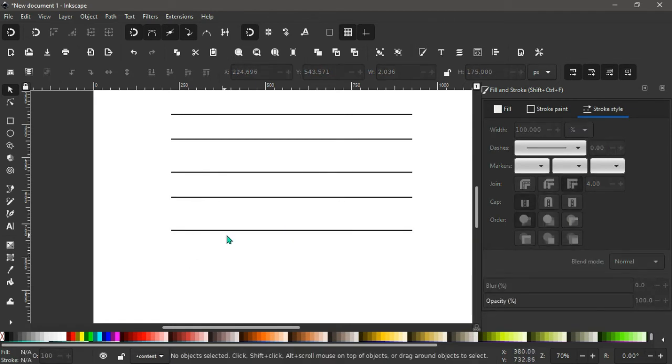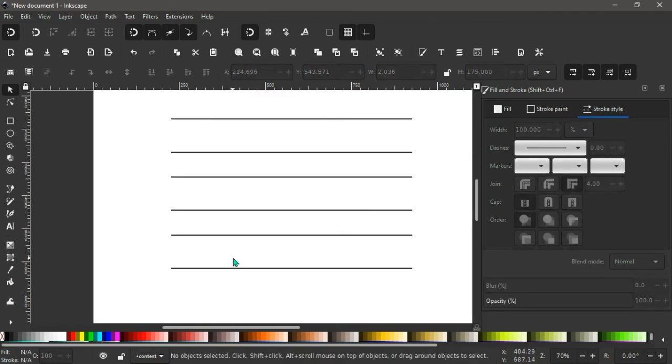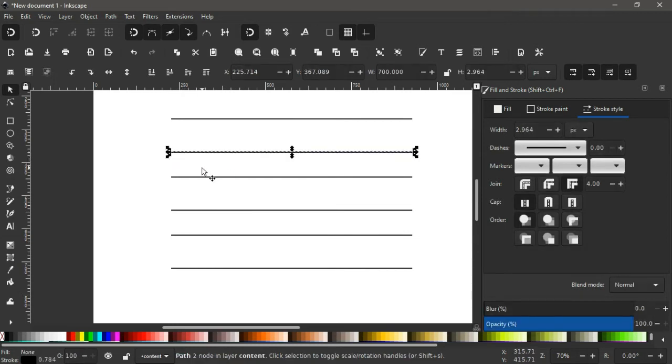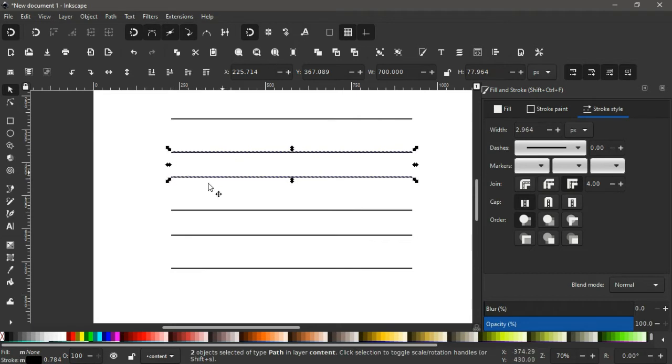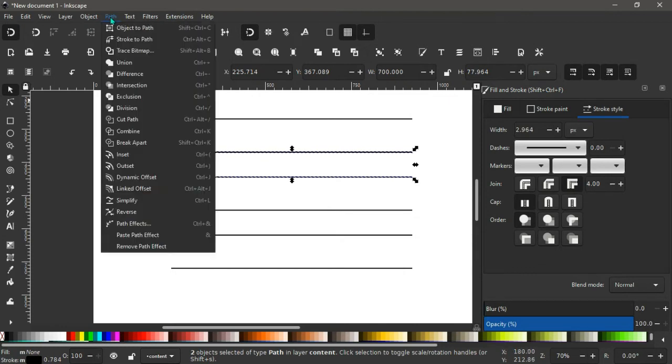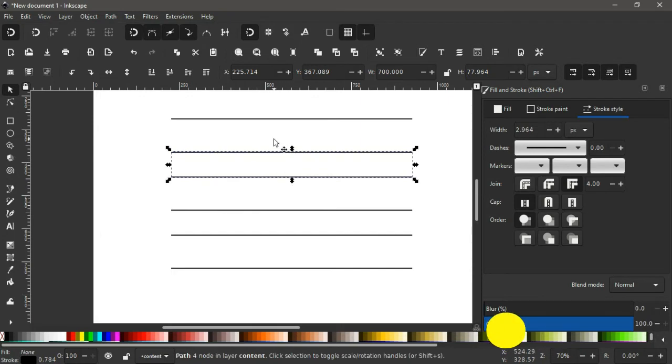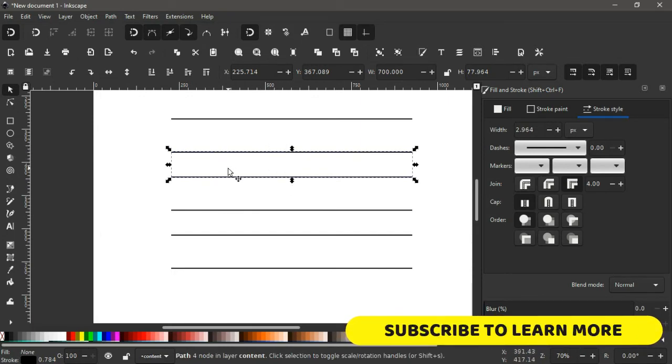Having our lines this way, what we're going to do next is select the 2 lines with the interval between them, that's the 75, like this and that. So we hold our Shift, we click this and click that to have the 2 of them selected. Again go to Path and we combine. Having these 2 lines combined, we duplicate, that's Ctrl D,